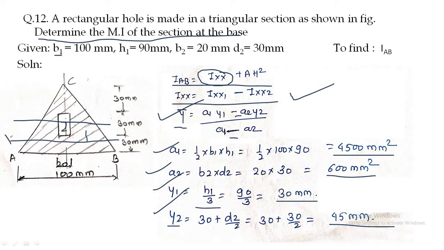Okay, so this is the horizontal central axis of the whole plane. This is the horizontal central axis of the rectangle, and this is the horizontal central axis of our triangle. Why have I drawn it from the base? Because the horizontal central axis of our triangle is at 30 mm from the base, so I have drawn it there. So this is our first horizontal central axis, and this is our second horizontal central axis. Okay, now